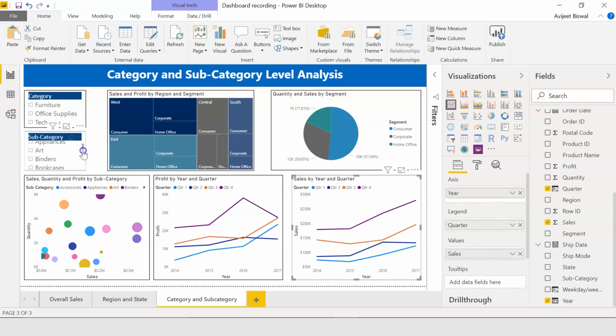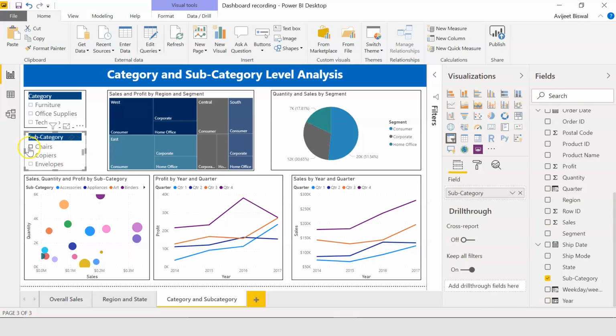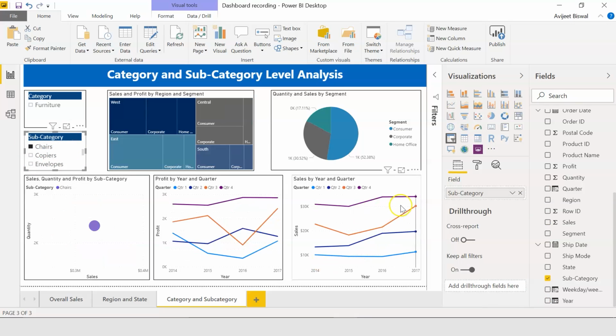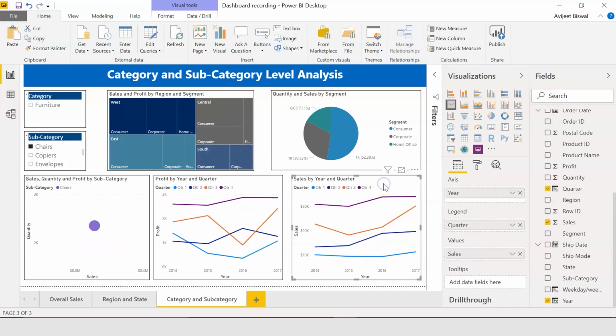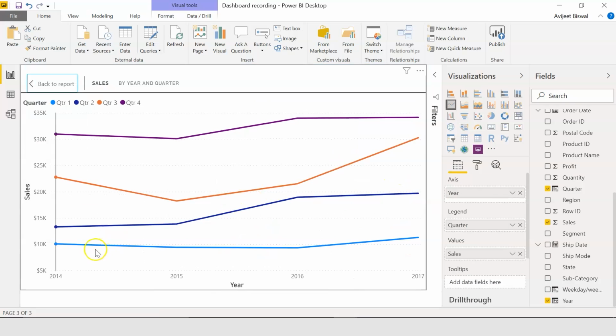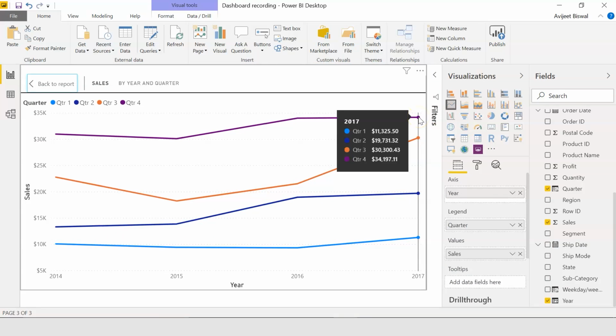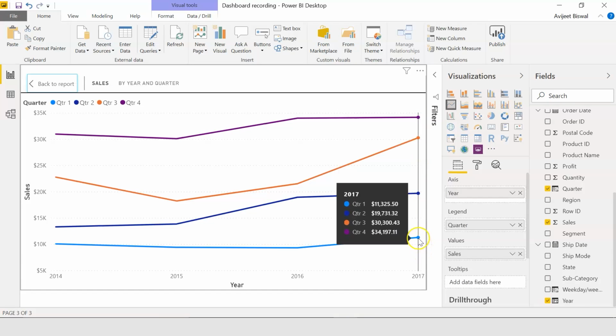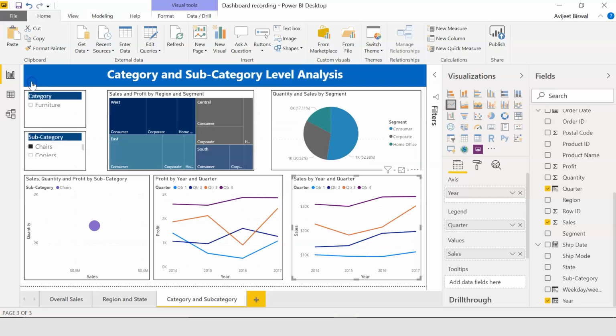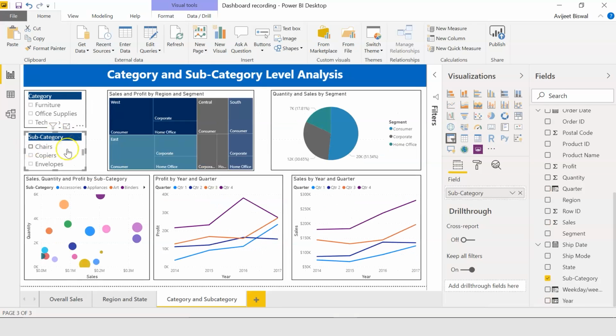For example, if I select chairs as my subcategory, for chairs you can see the sales that was made by each year and quarter. So in 2017, quarter 4 made the highest amount of sales, while quarter 1 made the lowest amount of sales for chairs. Similarly, you can select other subcategories also.